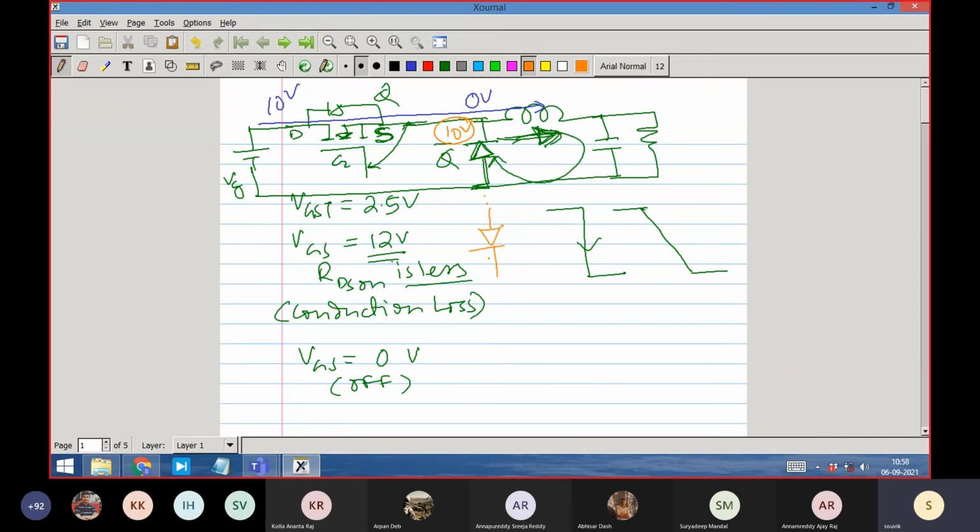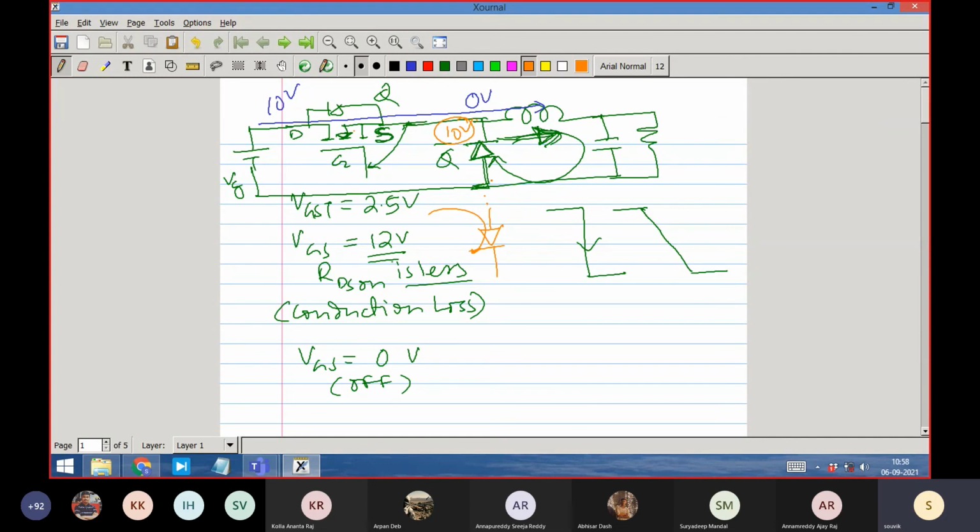how many ways is it wrong? It is wrong in various ways. The first way is that there is a short circuit. The main switch is on and the diode is on, so there is a path and a short circuit will happen. The second way it is wrong is that the inductor current is not getting a proper path. It cannot flow from cathode to anode; it has to flow from anode to cathode. So the diode anode-cathode position is important. It has to block voltage when the main switch is on,